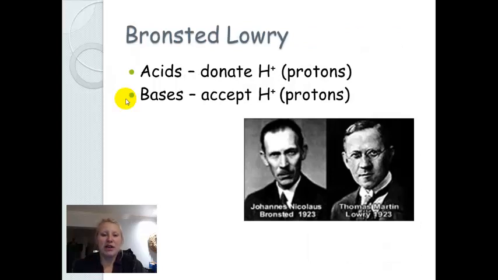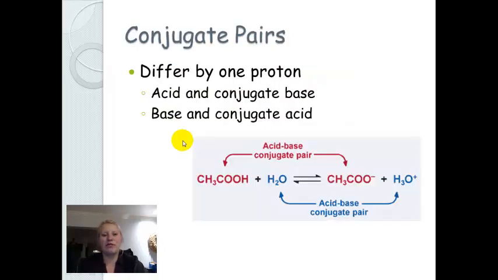So Bronsted and Lowry came up with new definitions, where a Bronsted-Lowry acid donates H+ ions, which, if you think about it, when a hydrogen loses an electron, it's really just a proton, and a Bronsted-Lowry base accepts protons, or H+ ions. The conjugate pair is when you have an acid and a base that differ by one proton. So an acid that loses an H+ forms a